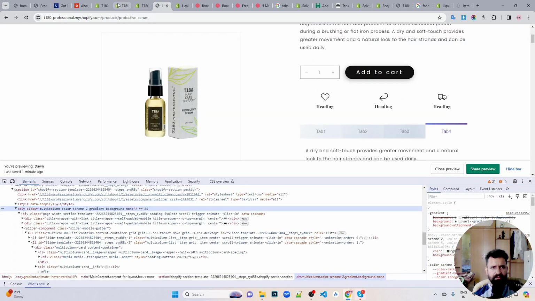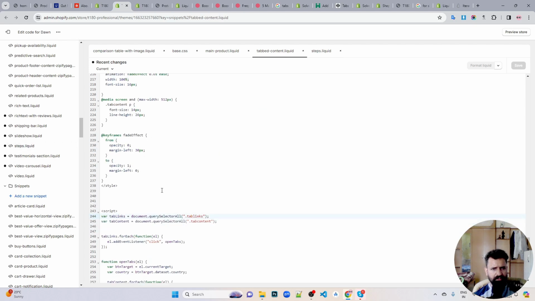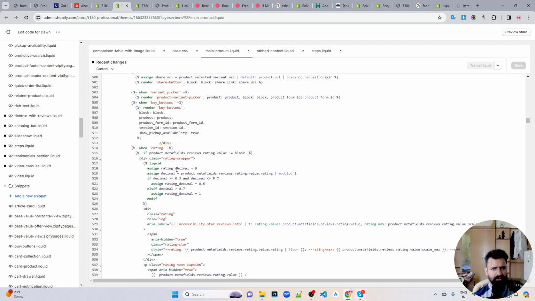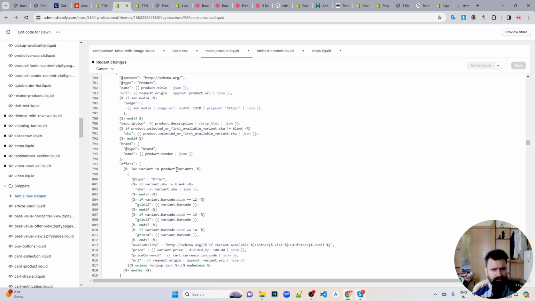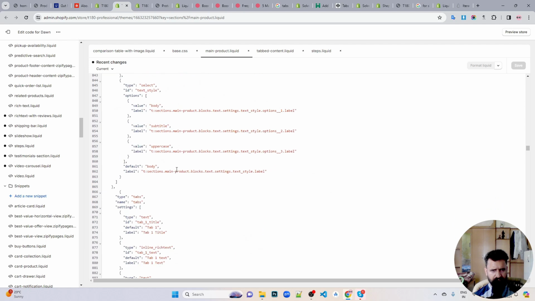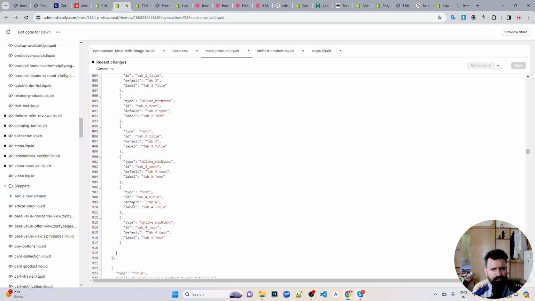Okay, so let's add a color scheme, which is here, in tab content, main product, and we have the tabs, and then we can add one more step called color scheme,